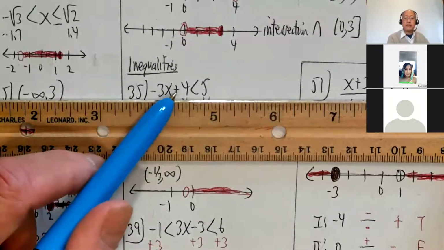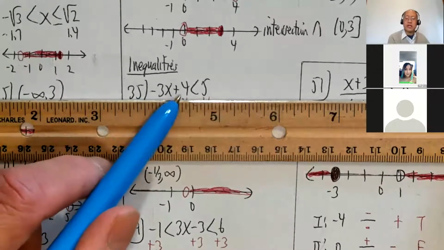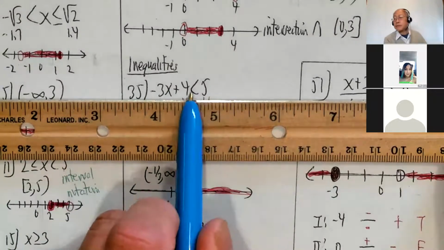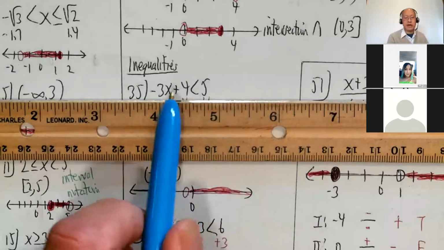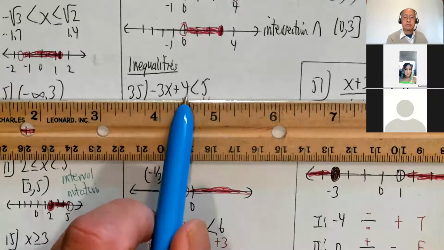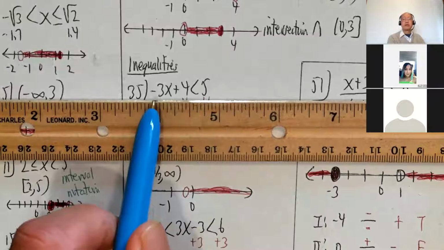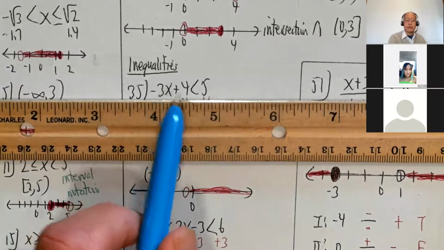All right, so these linear inequalities, if there's no squared or not multiplied by anything, you pretty much work these out just like you did equalities. In other words, pretend it says equal, right? If there's an equal sign, what would you do? You say, oh yeah, subtract 4, divide by -3. Guess what happens here? Same thing, subtract 4, divide by -3, and so on. There's just one extra tricky thing to watch out for when you multiply and divide by a negative.